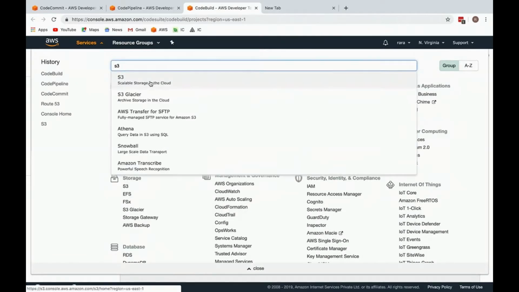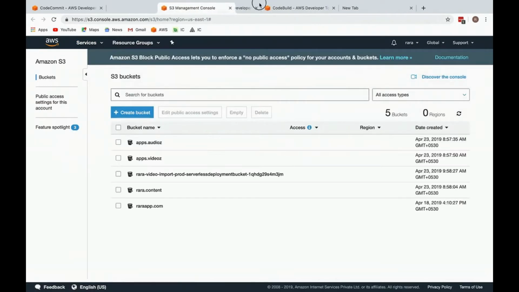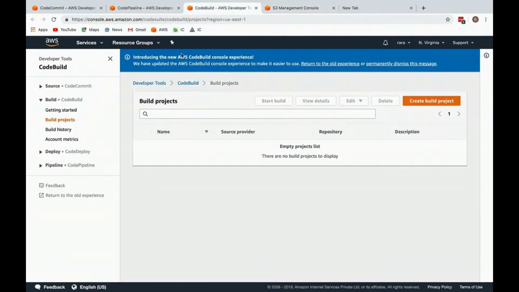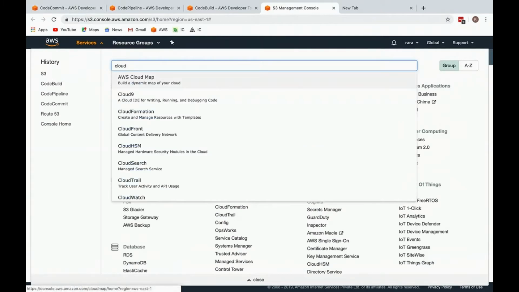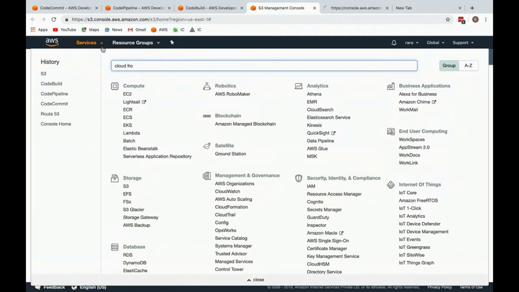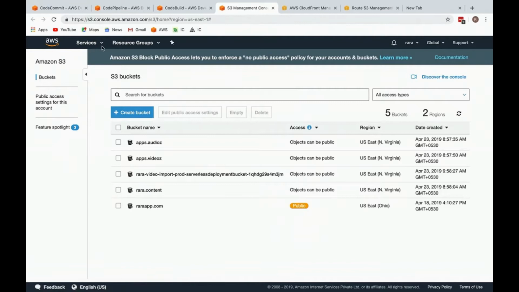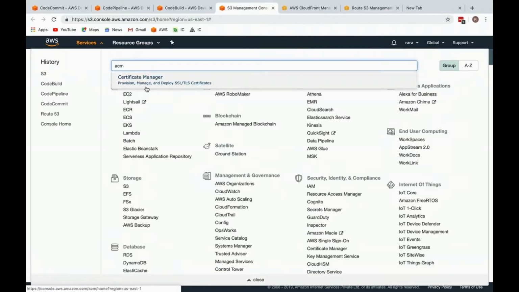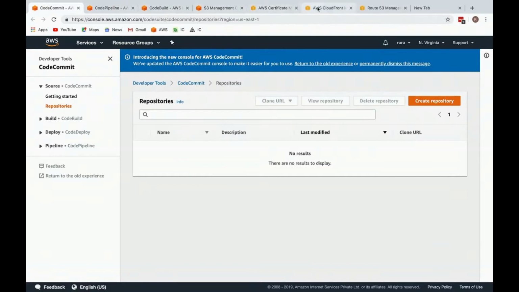S3 bucket and CloudFront, and then finally Route53, and just before CloudFront we will be needing one ACM. So these are, you can say, 3, 4, 5, 6, 7 steps we will be dealing with. CodeCommit, and